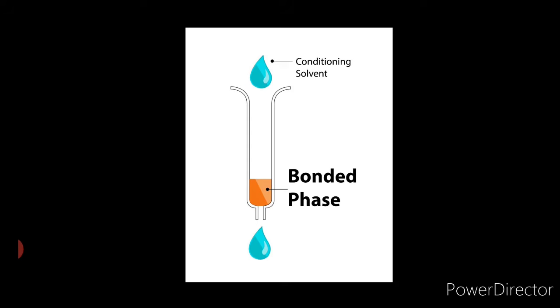Now let us understand factors that affect the selection of bonded phase. There are four factors. First, analyte structure knowledge helps in the selection for effective isolation. Second, sample miscibility with water or organic solvent. Third, polar or non-polar structure of analyte, and fourth, pH dependability of analyte, that is, if it gets ionized with change in pH. Now let us understand the steps involved in SPE, that is solid phase extraction.